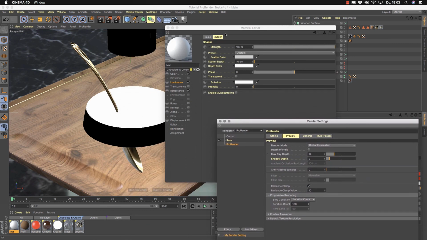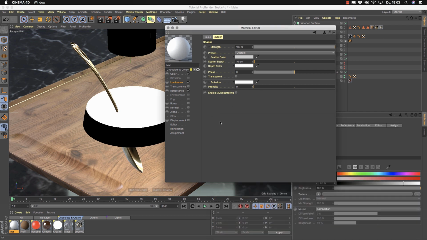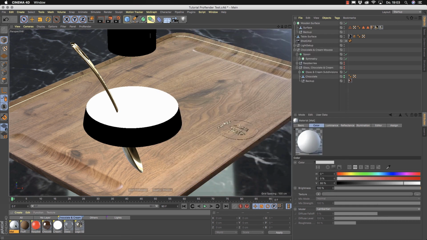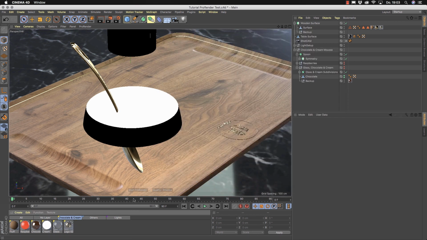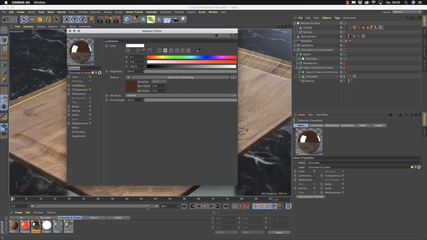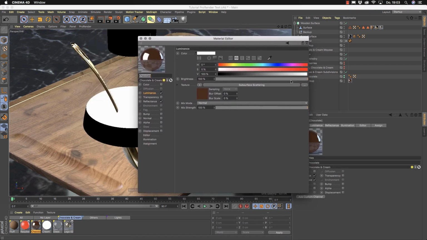These two subsurface scattering shaders are different. There is a difference between the standard and physical and the ProRender version. The reason for this is that the ProRender version is fully ray traced, and this is also a little bit easier to understand. So for this I've made here this chocolate here,